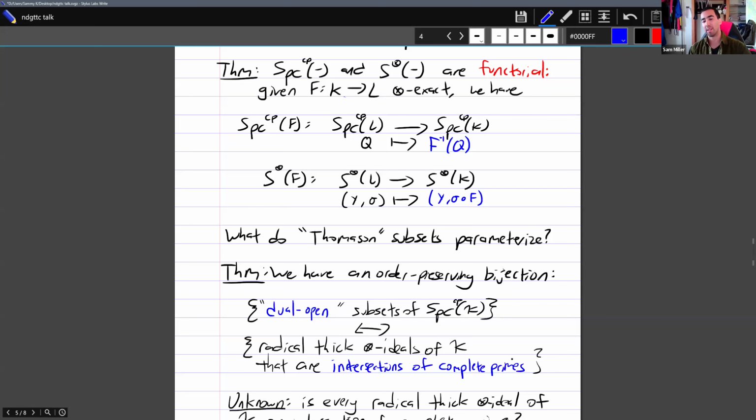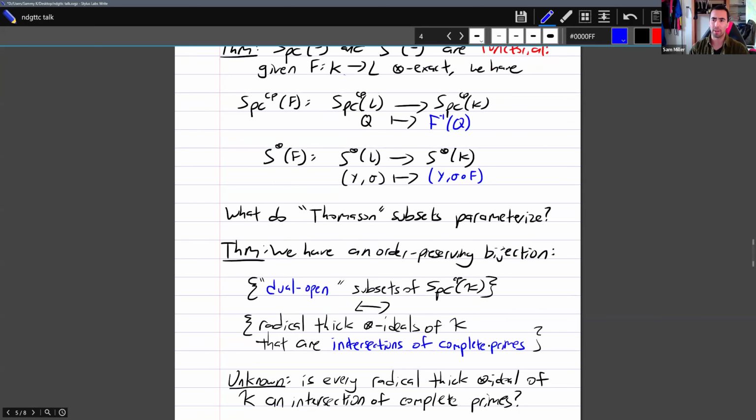We have that every intersection of complete primes gives you a radical thick tensor ideal. However, the converse is not known to hold. I can't find any counterexamples, but it doesn't seem like every radical thick tensor ideal should always be an intersection of complete primes. The obstruction here is that one needs a notion of prime lifting to construct